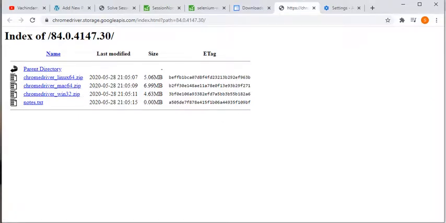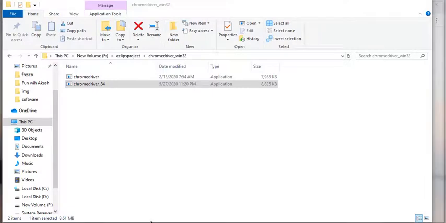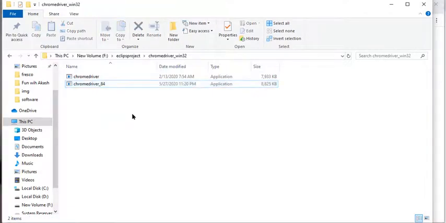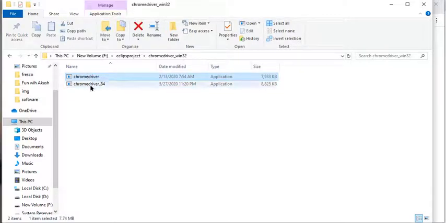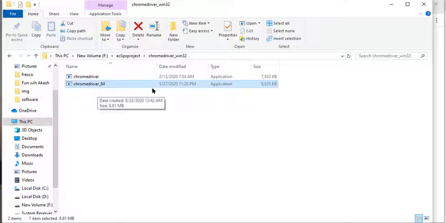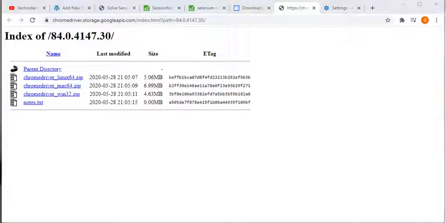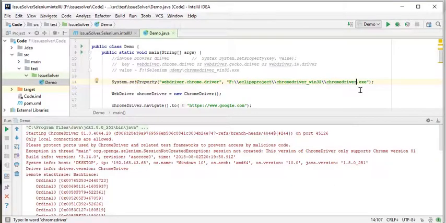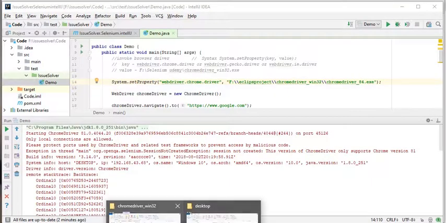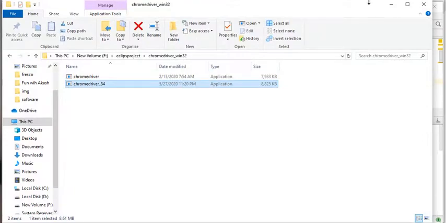Once you have downloaded it, you can save it in your Chrome driver path. This one is my old one, and I have just downloaded the new one and renamed it to the 84 version, so I get to know which version this Chrome driver is. In my code I will change this name to 84, and cross check that the name is the same, underscore 84.